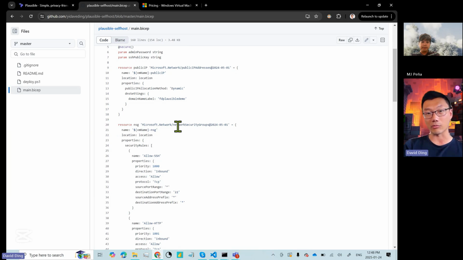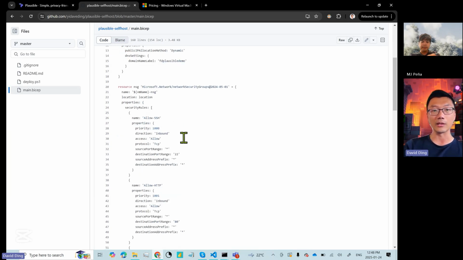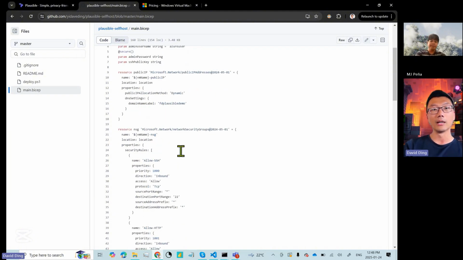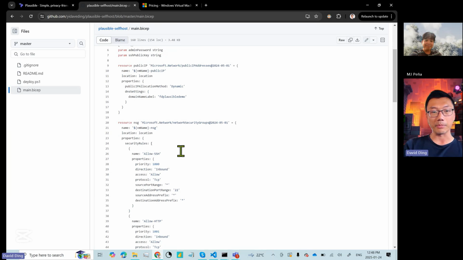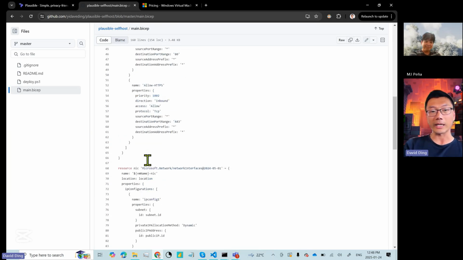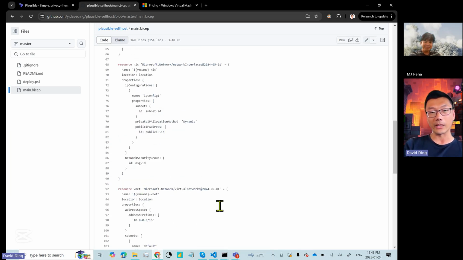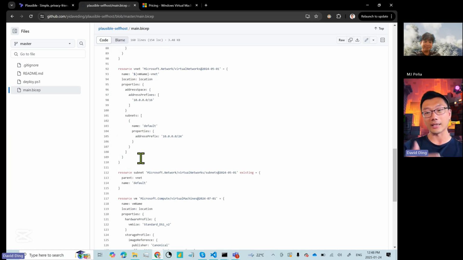And most of them are actually quite ready to use. So I don't have to come up with the whole thing line by line by myself. It gives me the structure to just adopt it. Okay, I need a network security group. I need a public IP. I need the network interface. So, et cetera, right? So this is all provided, and it's all broken up into really nice chunky components that I can just go, hey, I need all this. Great. I just need to figure out how to configure it and put it into the